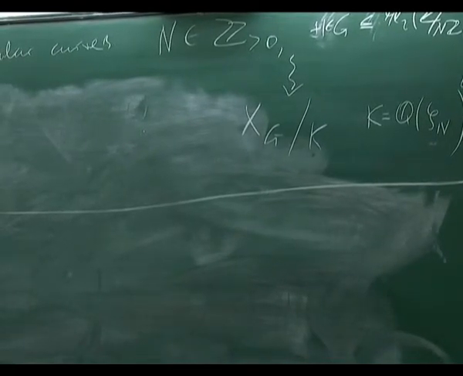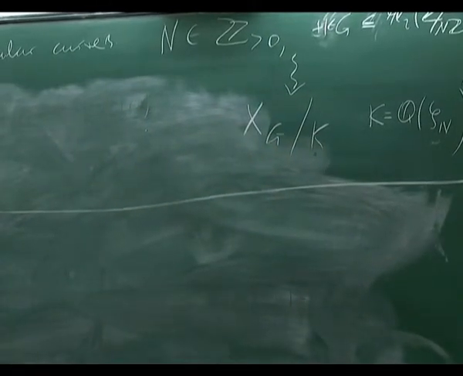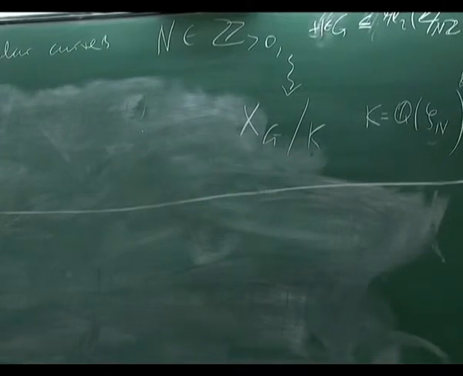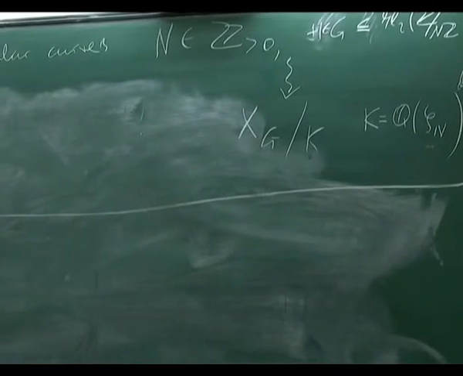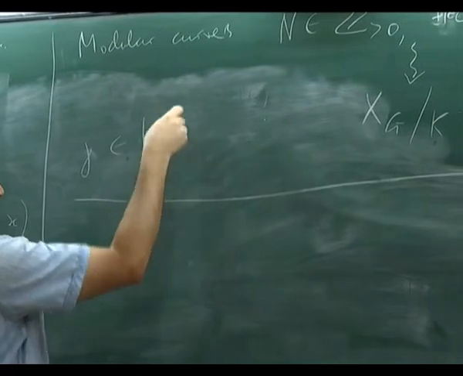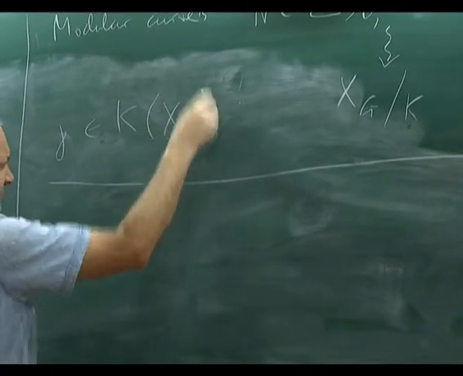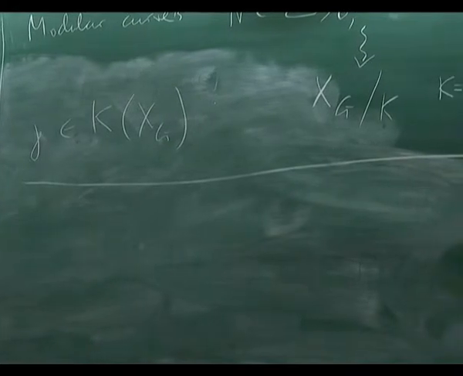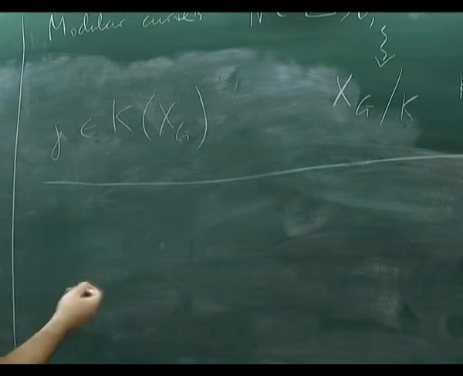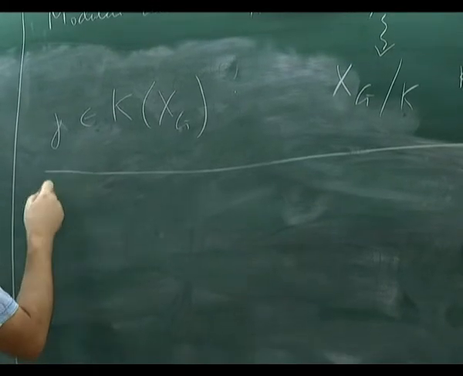In fact, one can even define, using integral models, the notion of integral points, which exactly coincides with the notion of points integral with respect to the j-invariant. So j-invariant is a certain function on X_G, and the question is